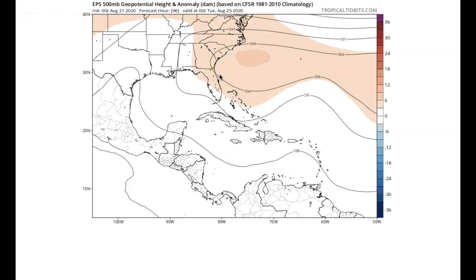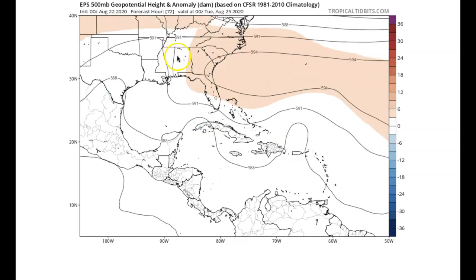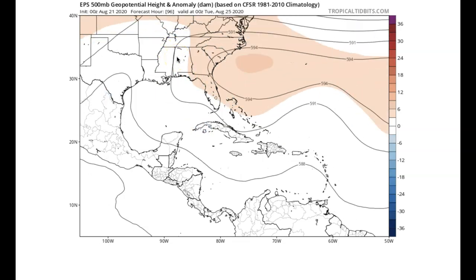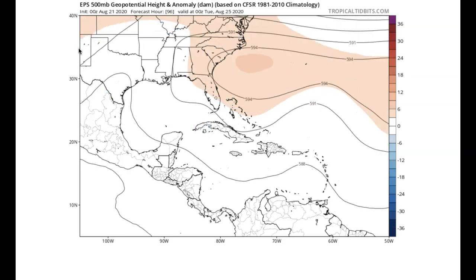I want to show you this here. This is the EPS. Its latest run, again, weakens the trough a little bit in Texas, but strengthens the ridge here. And I think it's finally starting to get a better handle that the ridge is actually a little bit stronger. You can see the 591 heights getting further and further west, closer to Louisiana, and closer to the observed sounding. Now, this isn't the silver bullet and guarantee that this is exactly what's going to happen,